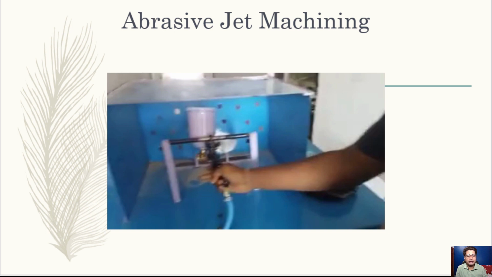The high velocity abrasive particles remove the material by micro cutting action as well as brittle fracture of the work material. The process can be compared with, for example, if you throw a pebble on a glass pane, as the material is brittle, the glass breaks away due to the brittle fracture. But at the point of indentation or at the point of striking of the stone with the glass pane, you may find micro cutting has occurred at that particular point. Now let us see a video in order to understand this process.